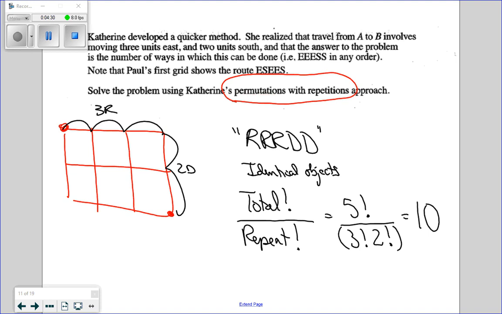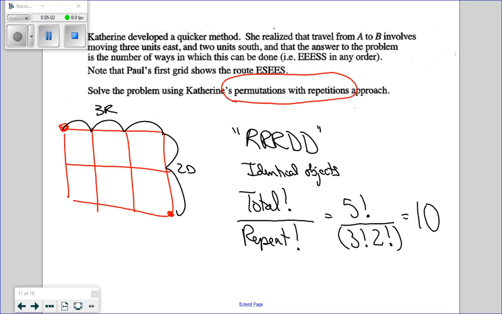So the repeats questions we did were like Vancouver, mathematical, right? We did the repeated letters. We also did the mini boxes of cereal, right? You've got 3 Raisin Bran, 2 Cornflake, 4 Cocoa Puffs, right? Identical objects. This is another identical objects question. It's just in disguise, right? So that's one way to do the question. There is another, more fun way